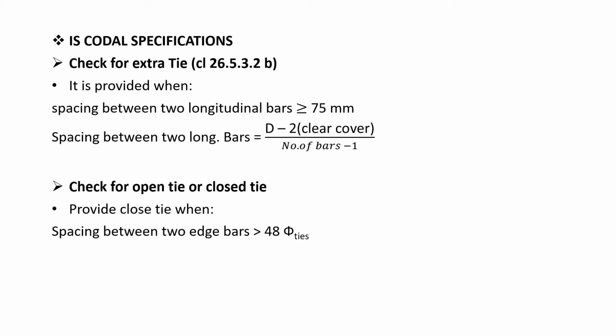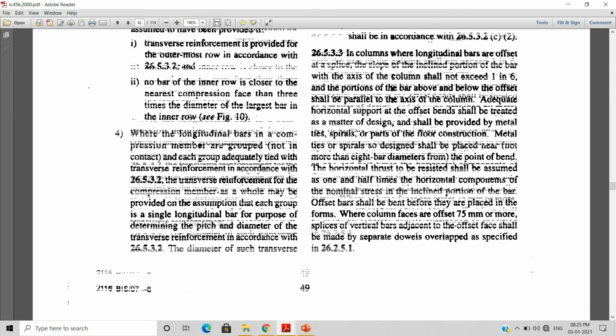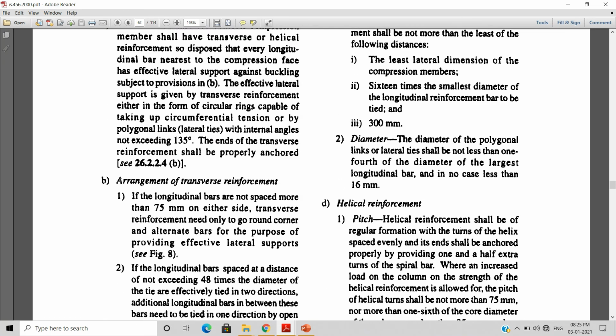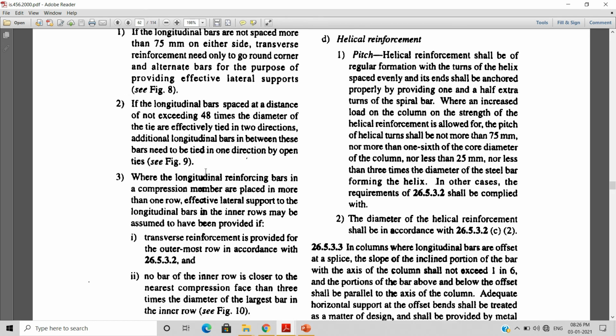So let me show you this clause in the IS 456 code. This clause is given on page number 49 of IS 456 2000. In the transverse reinforcement, point number B, for the arrangement of the transverse reinforcement, if the longitudinal bars are not spaced more than 75 mm on either side, then transverse reinforcement need only go around the corner and alternate bars for the purpose of providing effective lateral support.